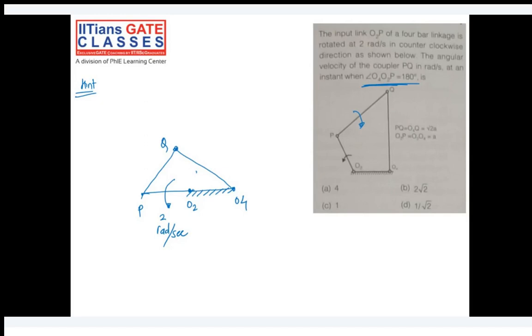Try to solve this question. I'll give you 2 minutes of time. They are given some dimensions also. PQ is equal to... O2O4 equal to root 2A